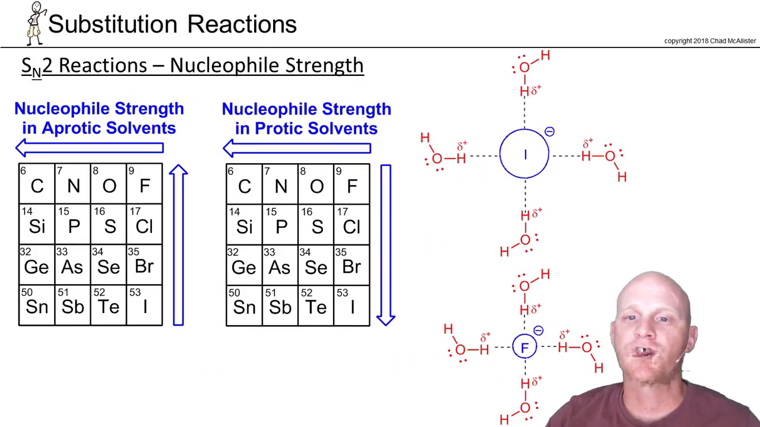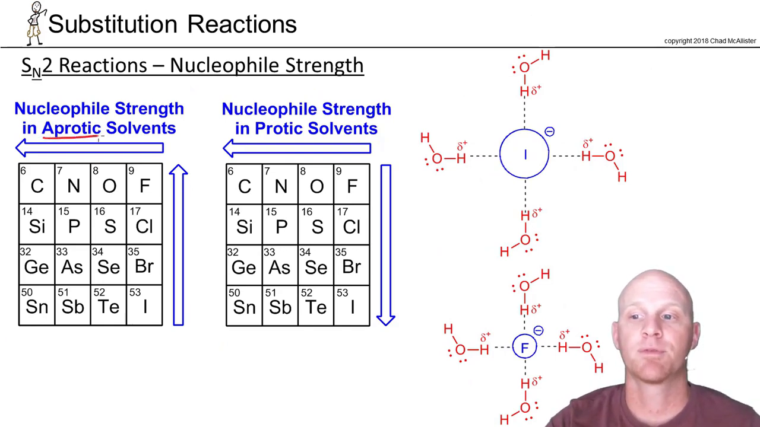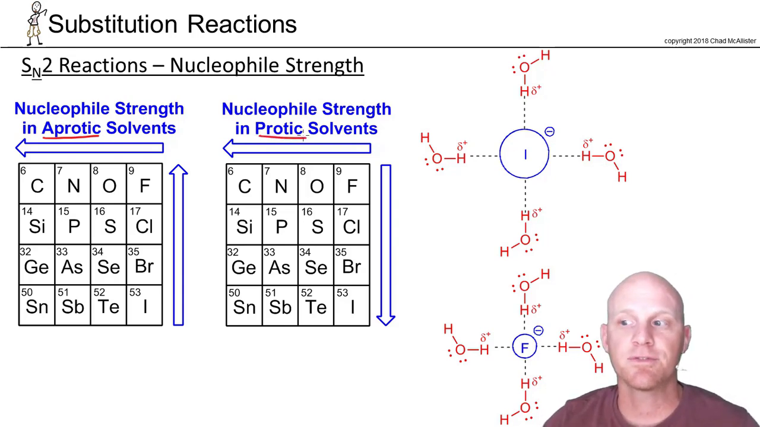So now I want to talk about some trends when it comes to nucleophile strength, but it's a little bit tricky here because it depends on what kind of solvent you have. Do you have an aprotic solvent or do you have a protic solvent? First of all, the difference between those: protic solvents are capable of hydrogen bonding, whereas aprotic solvents are not. So a protic solvent is going to either have an OH or an NH, and much more commonly an OH for organic chemistry, whereas an aprotic is not going to have an OH or NH bond anywhere in its